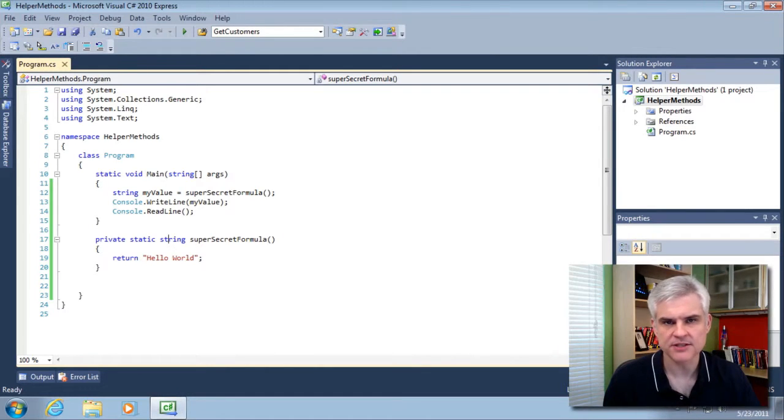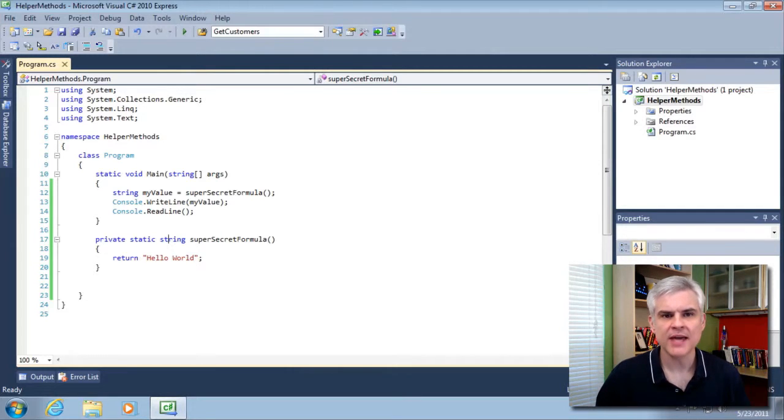So the example is awfully simple, but the concept is powerful. We can offload operations to other methods to organize and reuse code. Furthermore, these helper methods can in turn call other helper methods and so on. Again, it's a powerful step towards building more complex applications. So let's improve our helper method to make it more flexible and useful by allowing it to accept an input